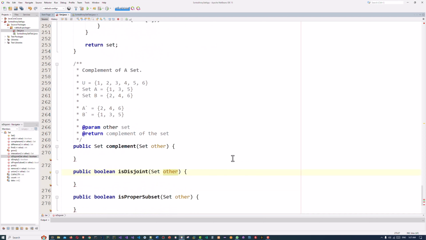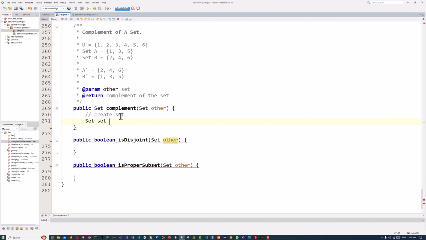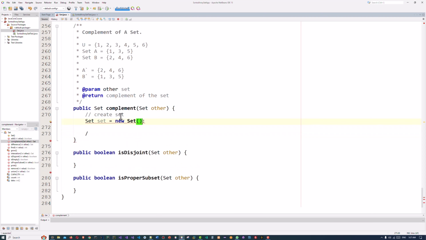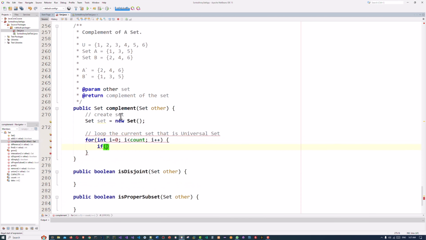Okay, next, create set. So set is equal to new set. Now loop the current set, that is universal set. For int I = 0, I is less than count, I plus plus. So if other dot find data I is equal to -1,